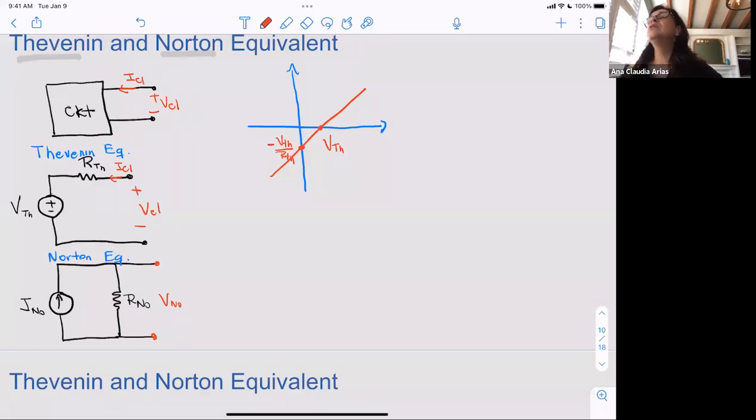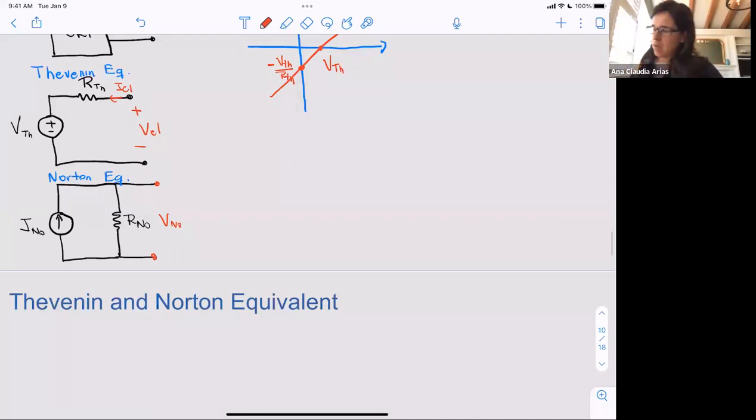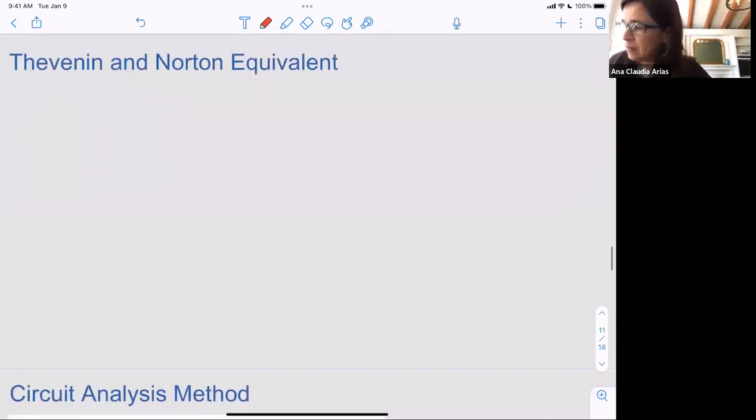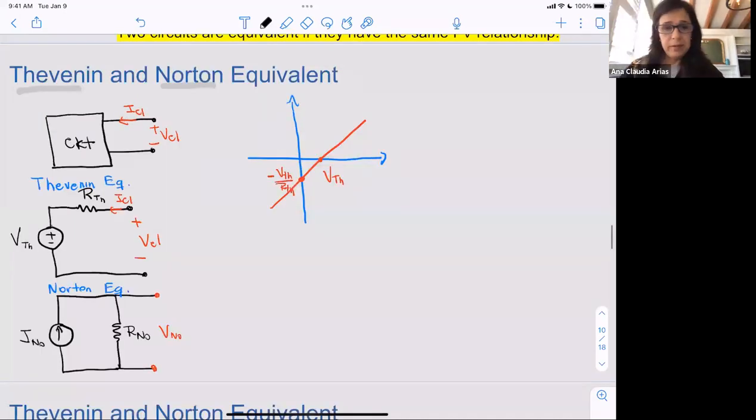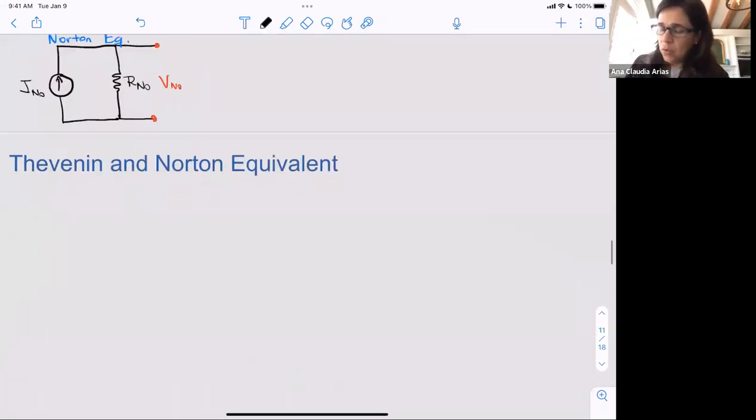In the Norton equivalent it should be V, yes. It's V element, but I'm calling it V Norton. Okay, actually I'll jump there just so it becomes more clear why I'm doing this. In this methodology, intuitively, what we did here, we said, okay, first we are going to set the current as 0, and we also set the voltage as 0 in order to find out these 2 points, right? So the methodology does exactly that,